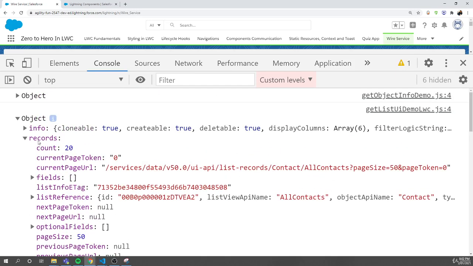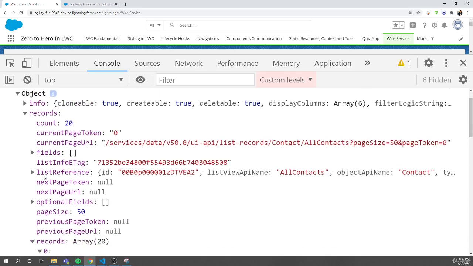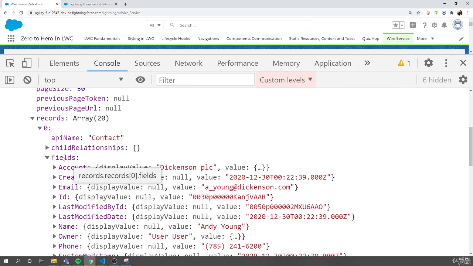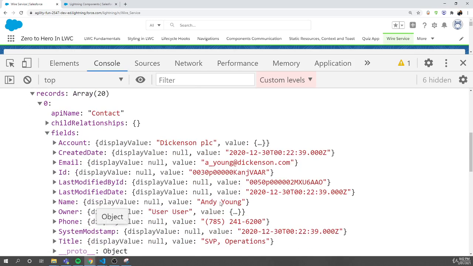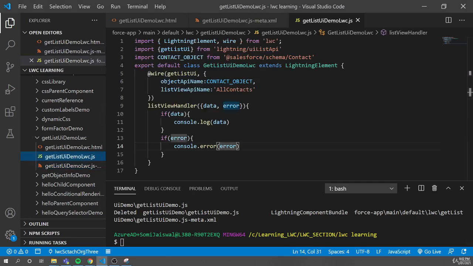So within the data we have records. Within the records we have another records, and the records are 20. We're gonna go to each field and print ID, email, or we can say name on the screen for each record. Okay, let's go to our VS Code again, and we'll create a property called